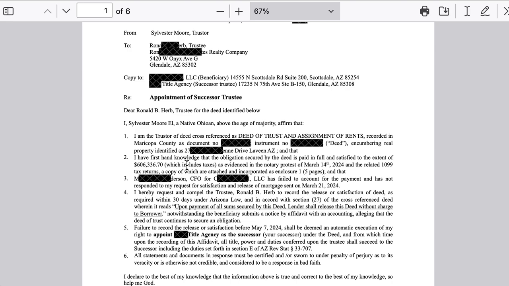Then I put, 5 pages. Blank CFO for blank has failed to account for the payment and has not responded to my request for satisfaction and release for mortgage sent on March 21st, 2024. I hereby request and compel the trustee, Ronald B. Herb, to record the release or satisfaction of deed as required within 30 days under Arizona law and in accordance with Section 27 of the cross-reference deed,